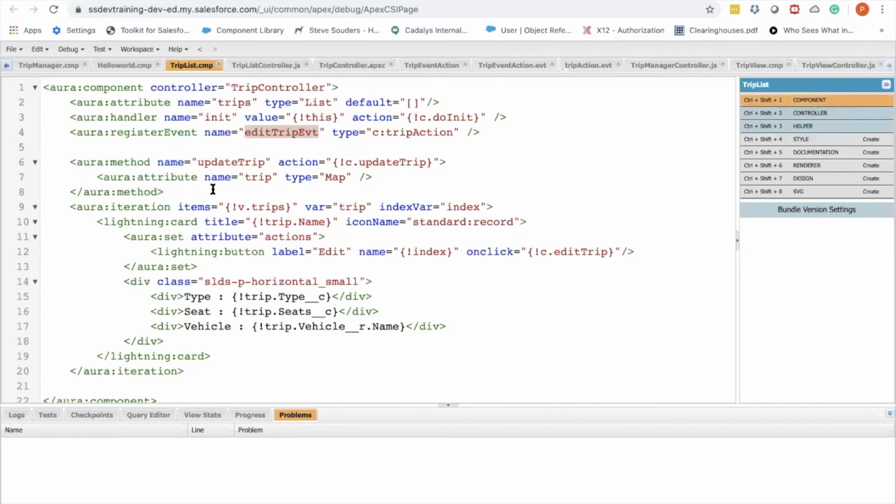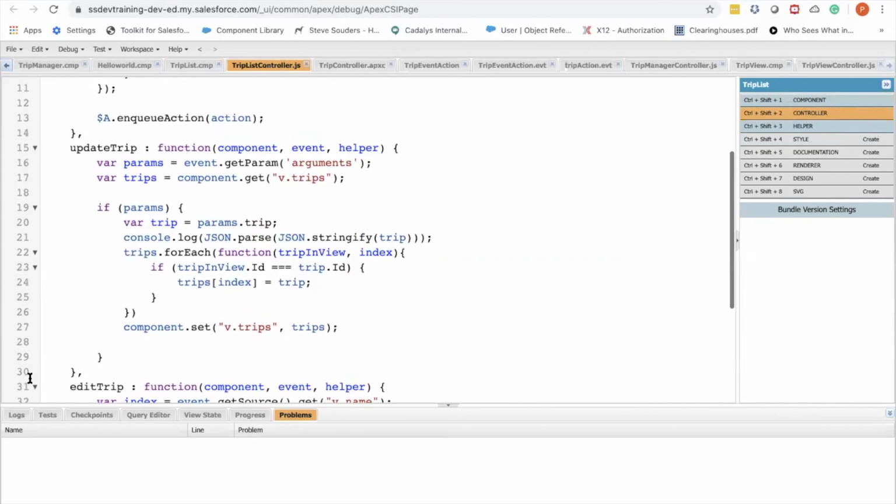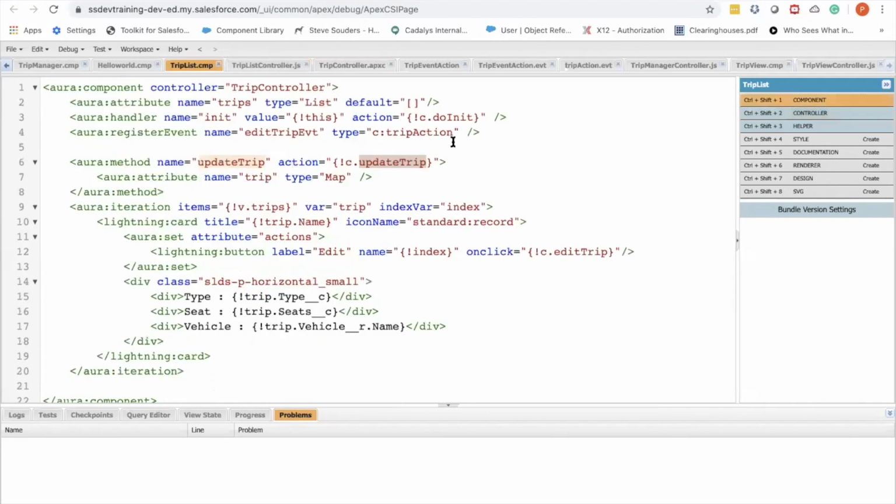On the list view, I have a method called update trip, which calls the update trip again on the controller, so this method gets called, and behind the scenes I'm trying to find out which ID got updated. I'm replacing the instance of the payload with the existing item in the list, and setting the updated trip list back. As a result, whatever changes I made get reflected on the UI.